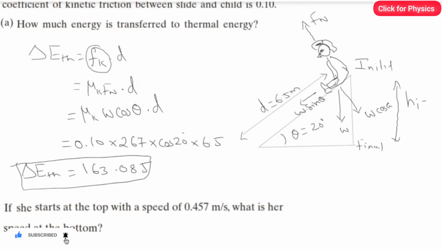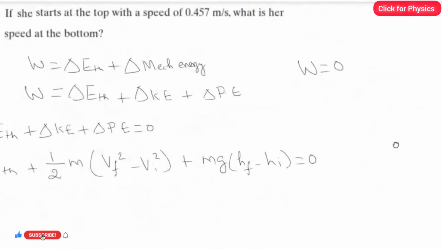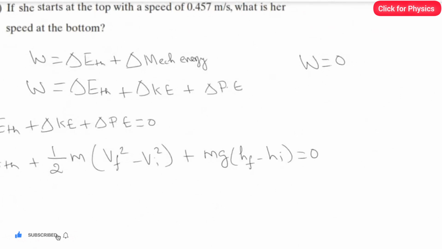Clear? So we have to find this one because we don't know the value. And when the child comes to the final, what is the height? The height is 0. So what will happen? The final height becomes 0. So this hf is equal to 0. So by that, what will happen? Hf, when you substitute 0, you will get,